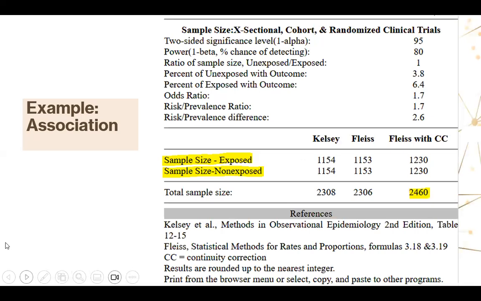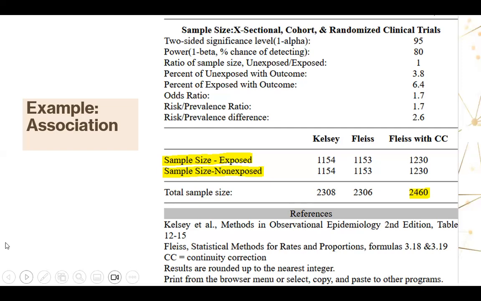I click calculate and openepi.com gives me the sample size. So it distinguishes and shows clearly the sample size of exposed and the sample size of non-exposed, with 1230 each, for a total sample size of 2460. If you get the one with the highest sample size, that's the one with the continuity correction. And above that, you see the premises made for the sample size calculation, that there's a 1:1 ratio of